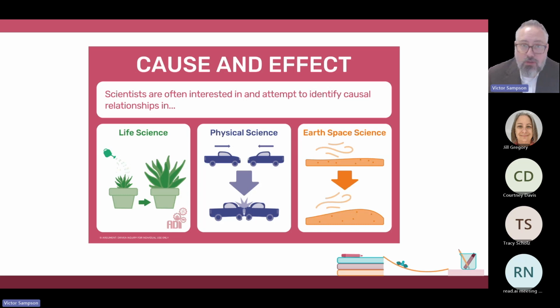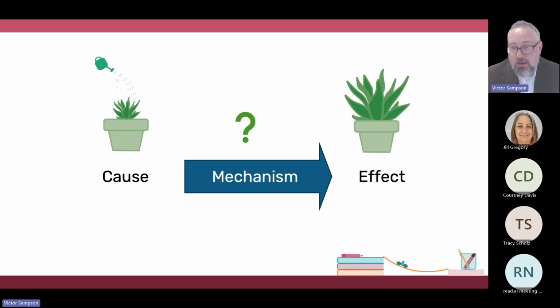Another major recurring theme, some would argue one of the major goals of science, is to understand cause and effect, right? So thinking about identifying causal relationships, whether it's life science, physical science, or earth space science, right? So thinking about how when we see a cause, what leads to the effect. Now, what's important about that is the thing that scientists are really curious about is mechanism, and mechanism is often